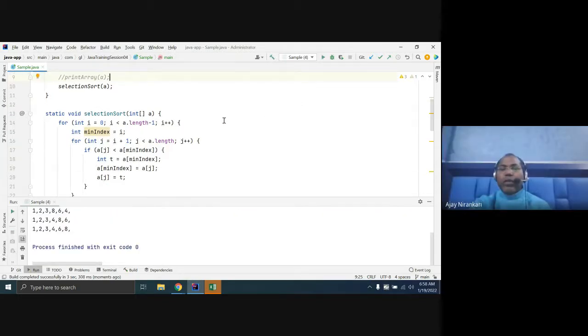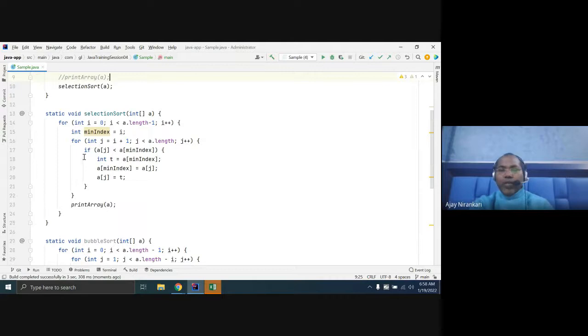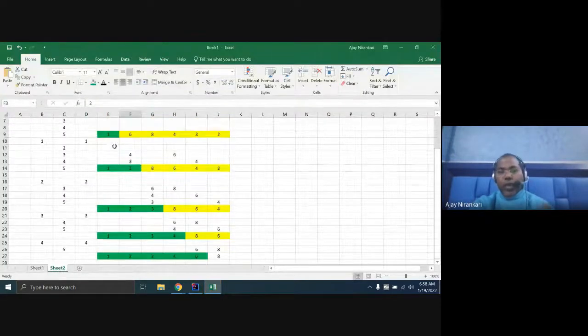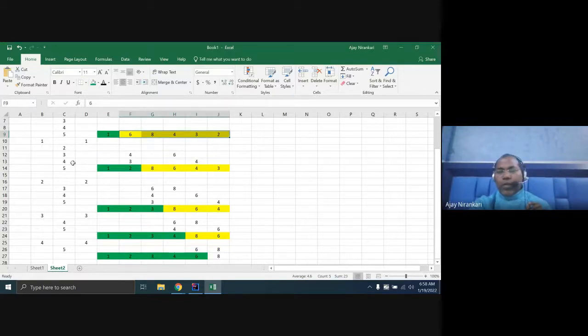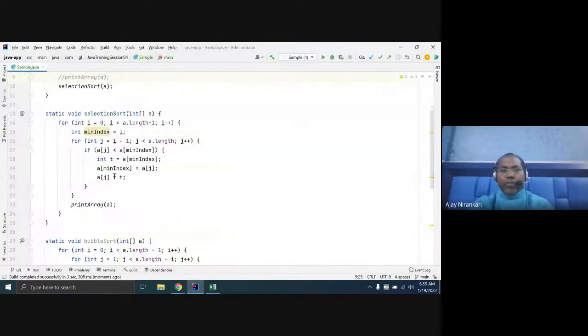This is the only reason why we write it this way: in the first loop you start the inner loop from here, second time you start from here, third time you start from here. You're not comparing the earlier ones again. We are assuming that the third is the minimum, so third is the minimum, then you compare with the plus one, 6 to 8. So I am saying whatever loop is going on, you just start from plus one.